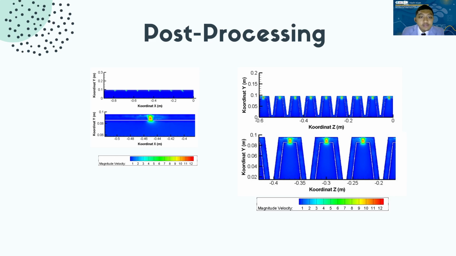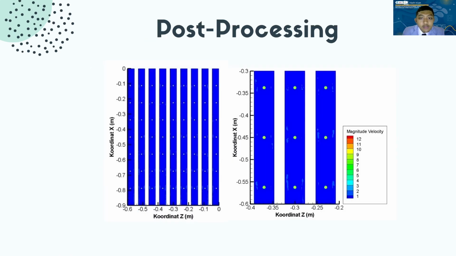The XY plane shows that there is an increase in velocity in the area near the jet impingement, precisely in the space between the absorber plate and the jet plate. The closer to the midpoint of the jet impingement, the greater the velocity values, as shown in the figure. Apart from the area near the jet impingement, the velocity value tends to follow a normal trend at 0 to 2 meter per second.